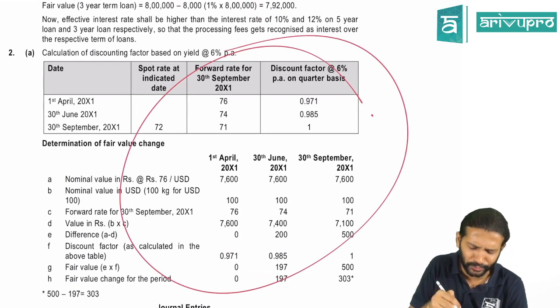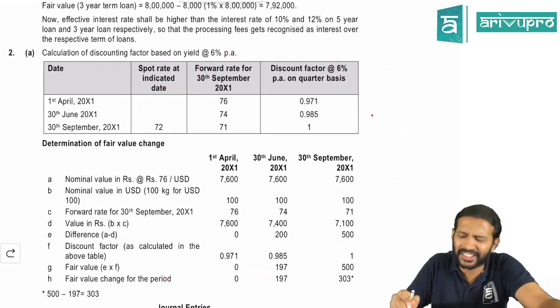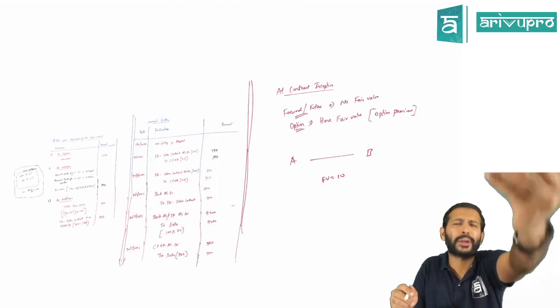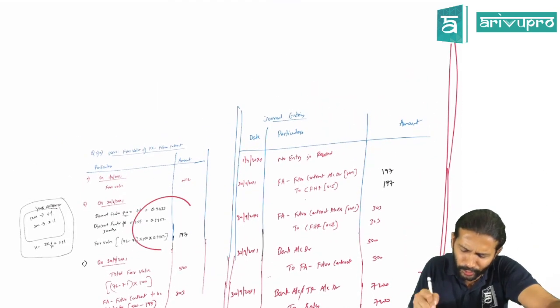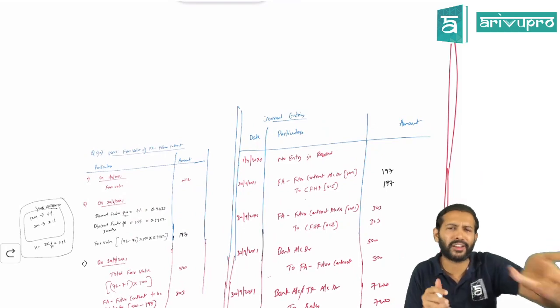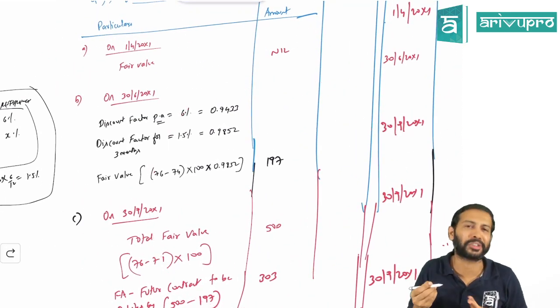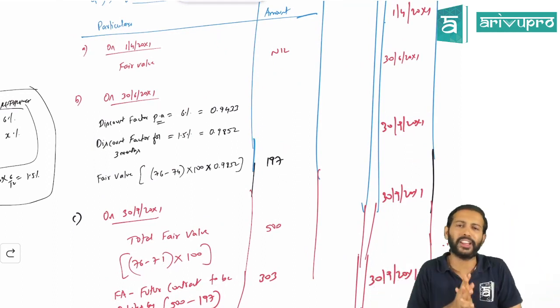They've done a whole lot of things; so much was not required. It's simply finding out the fair value, with one present value adjustment. You find out the normal fair value, multiply by the present value factor, and you will get the value. That's it. So I think this is much easier if you ask me, and that's the reason I have done it in this particular approach.